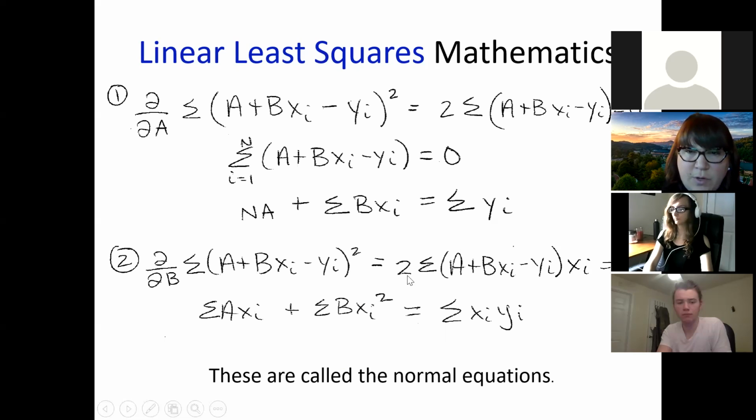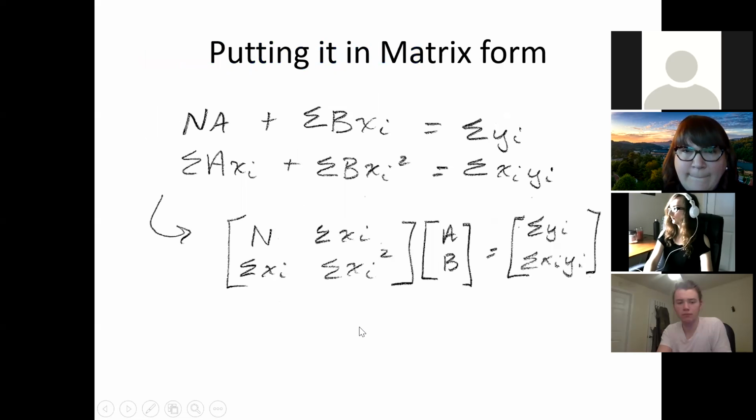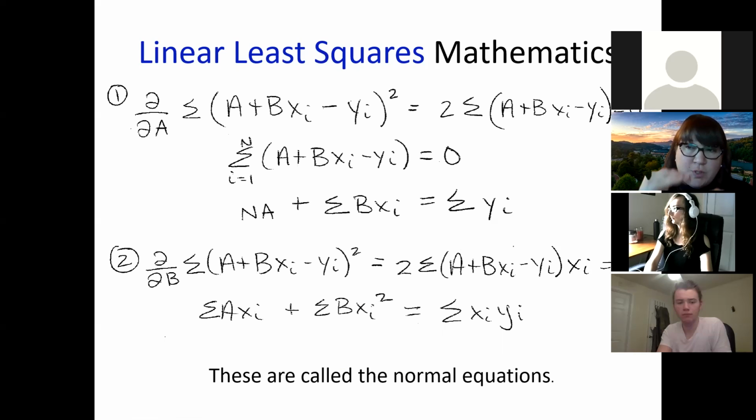So these two are called the normal equations after we have simplified them and gotten them into these two states here. We take those two equations because we basically want to combine them now and solve them for a and b. We have two equations and two unknowns. X sub i and y sub i are data points, and n is the number of data points, and a and b are the unknowns. So we want to combine these two equations and solve them.